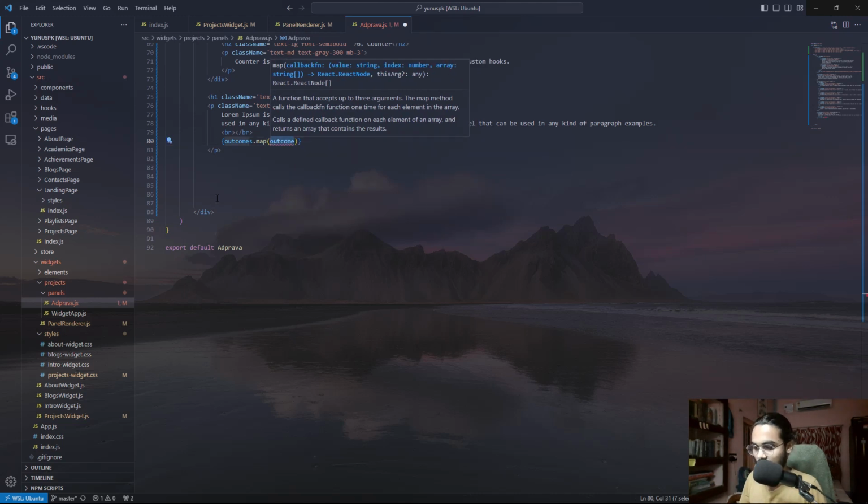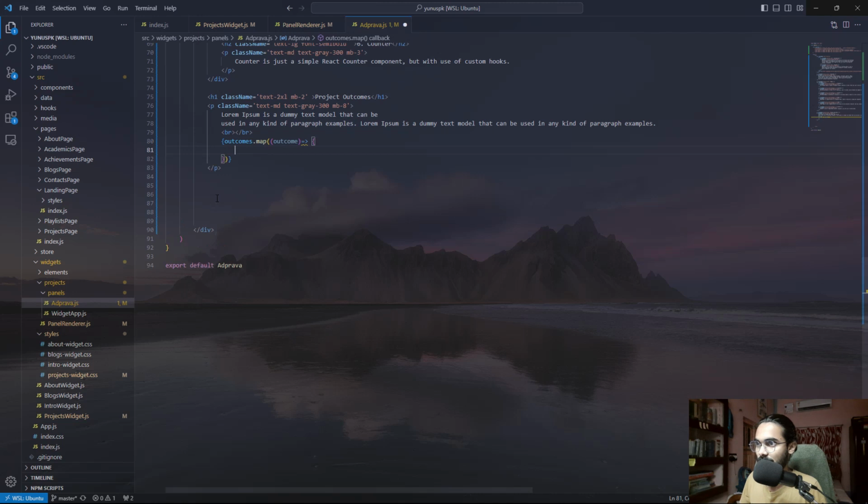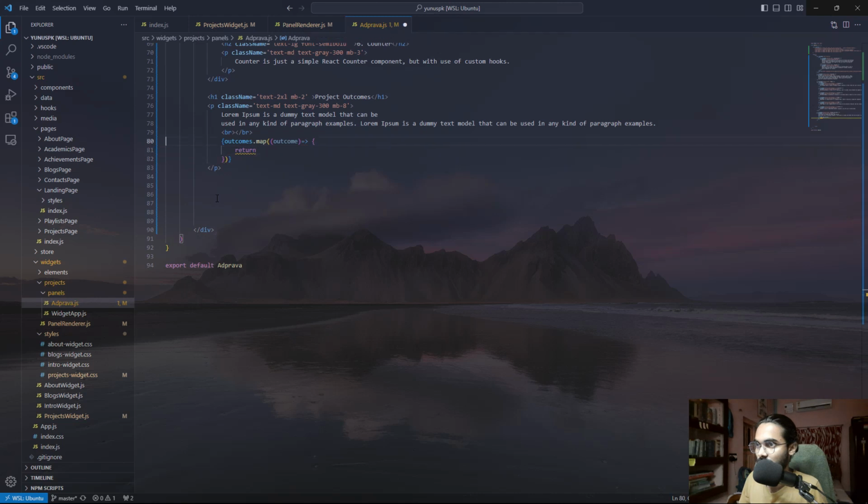That would be outcome, and that would return something, and that something return outcome and index, and this would return something, and that would be a div